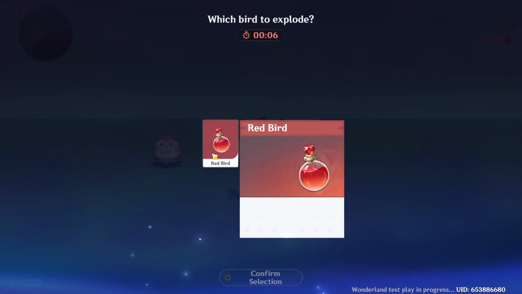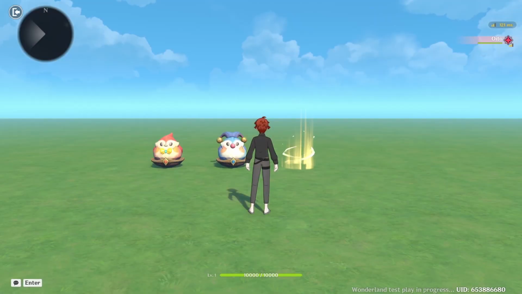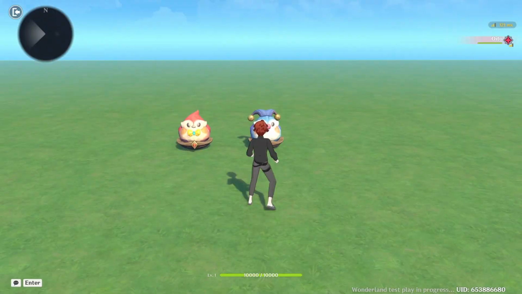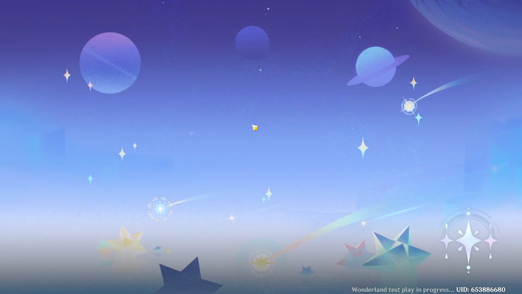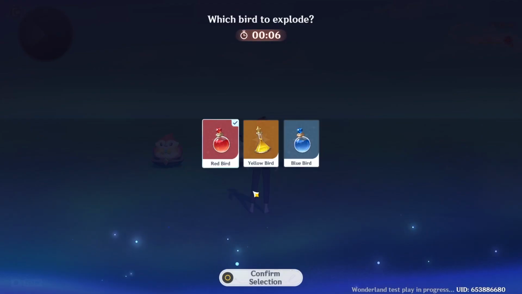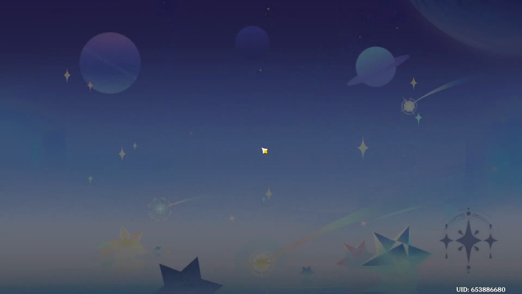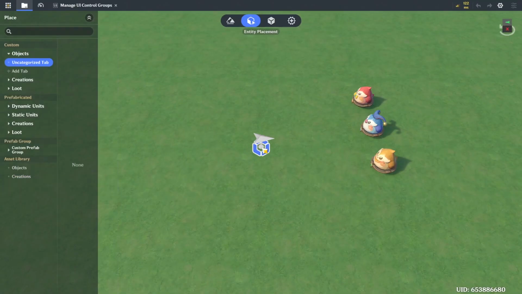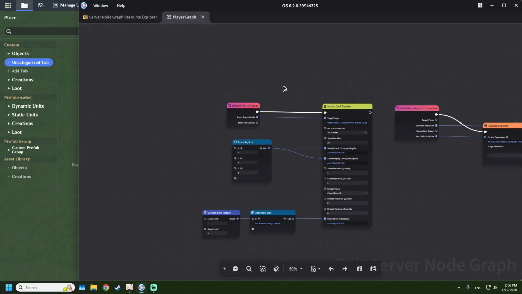we can see here our vote opens, and let's not vote to see if it chooses a random one. And we can see it exploded a random bird. And if we retry and select other bird, so let's select the red bird disappears. And this is it, but I'm going to show how you can do if you want to explode more than